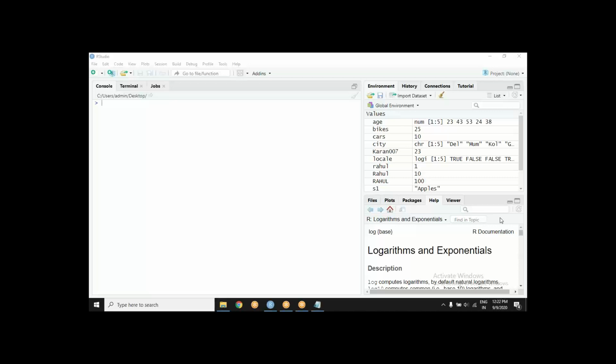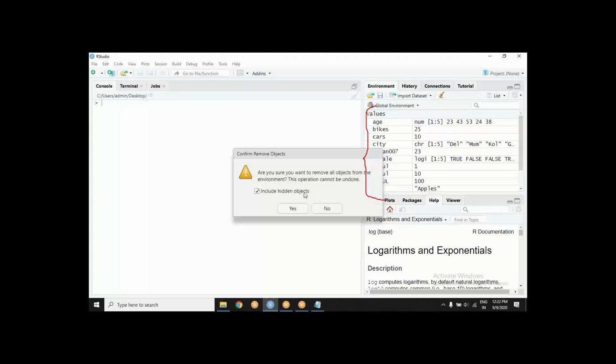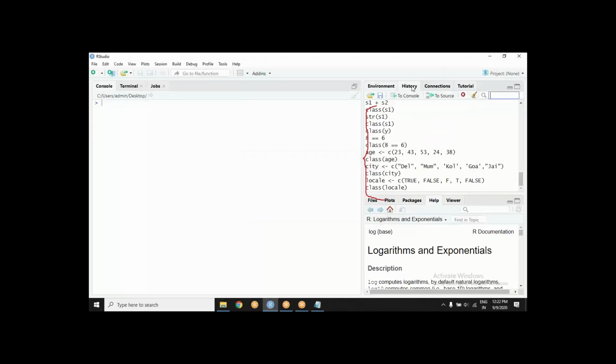Okay. Then there is something which is called packages in R. You should remove these variables which are found here. You know, they occupy memory. So with this broom sign, maybe you can clean them.